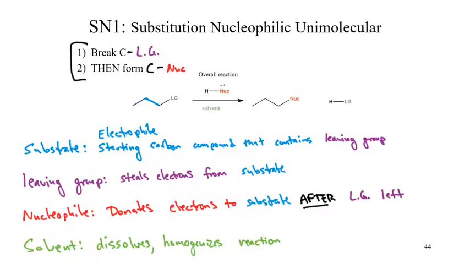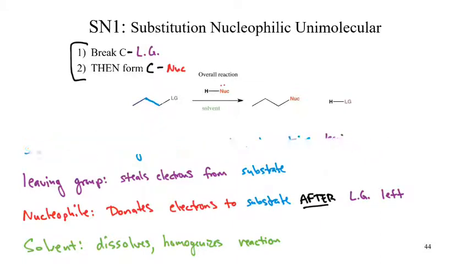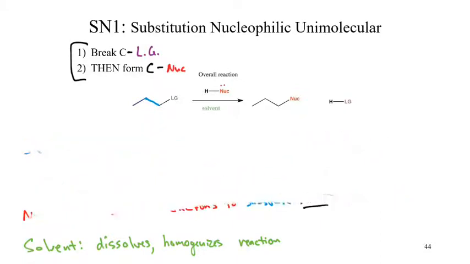So, power of pause. Here are all our definitions of the pieces that we've got within this. Our substrate will act as the electrophile. Our leaving group will take electrons from the substrate. The nucleophile will donate the electrons to the substrate, but because this is SN1, after our leaving group has left. And then the solvent is going to dissolve or homogenize this entire process. So with that, let's go ahead and erase all of that content